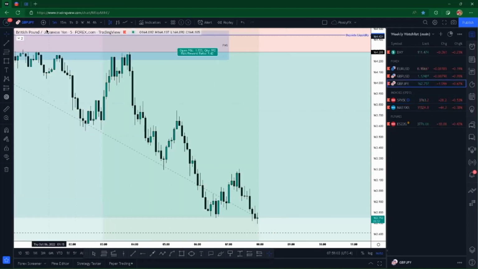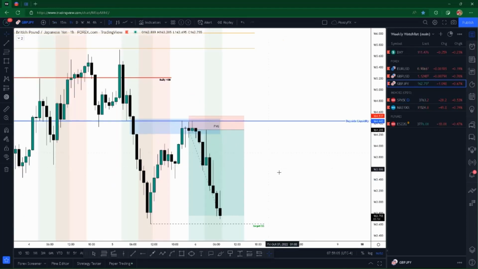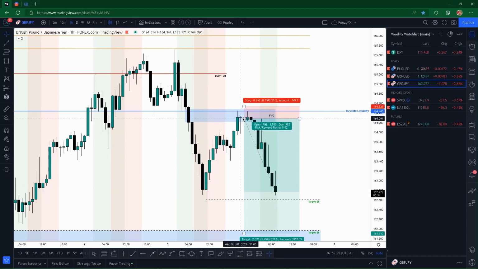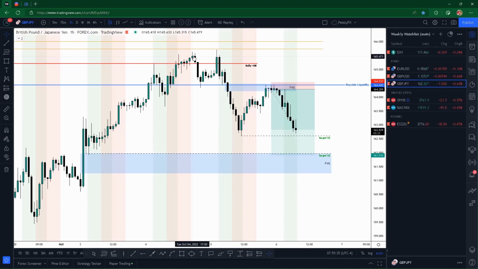I want to jump over here to GBP USD. This is a trade that I executed before I went to sleep last night. I just woke up this morning. For those of you who don't know, I'm located in Georgia, Southeast United States. So I executed this trade during Asian session based on this 1 hour fair value gap and based on the fact that